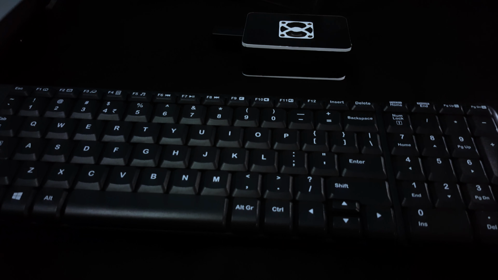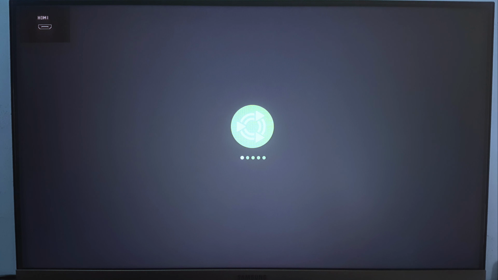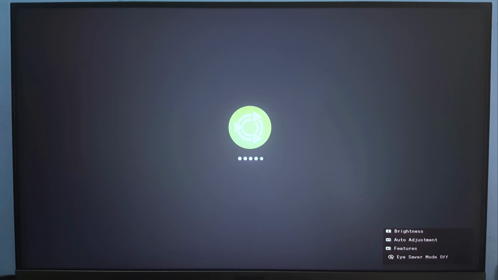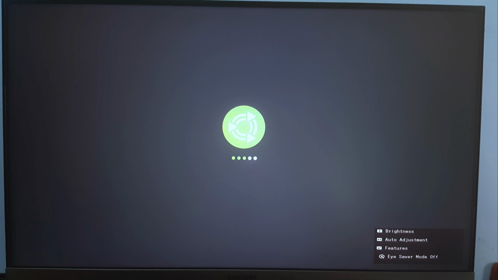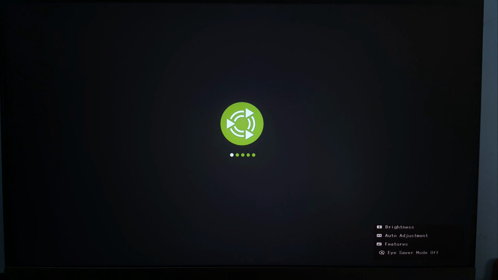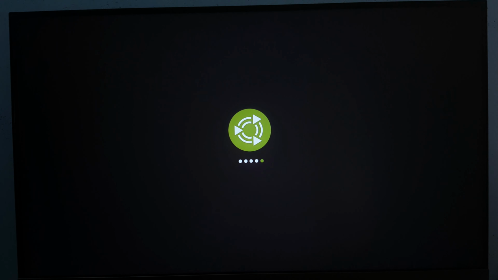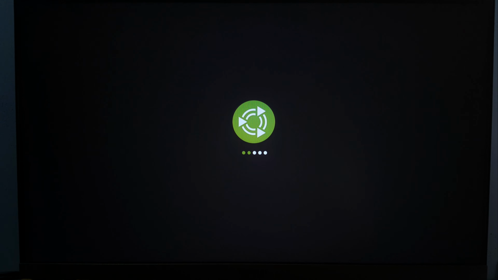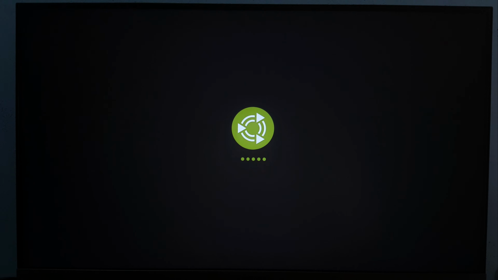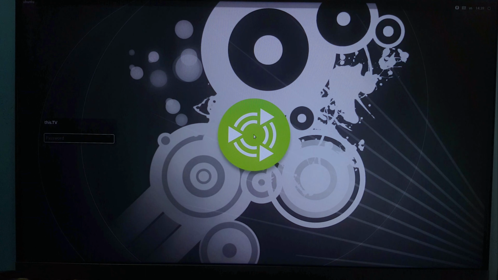This is my desktop setup. So let's wait till it gets booted up. So it is started. This is Ubuntu MATE. There are several versions of Ubuntu. I personally like this one. So it is loading. It is asking for the password.